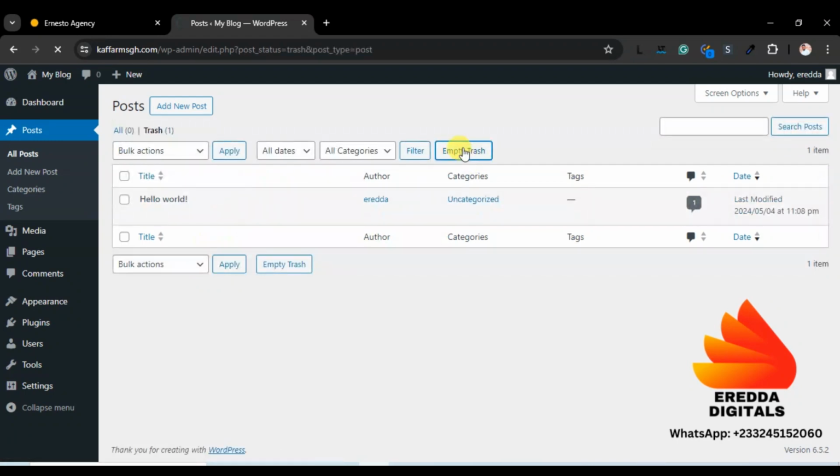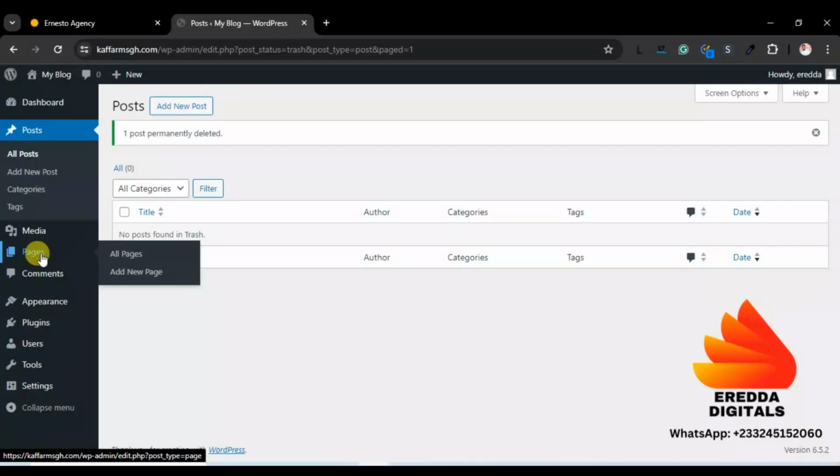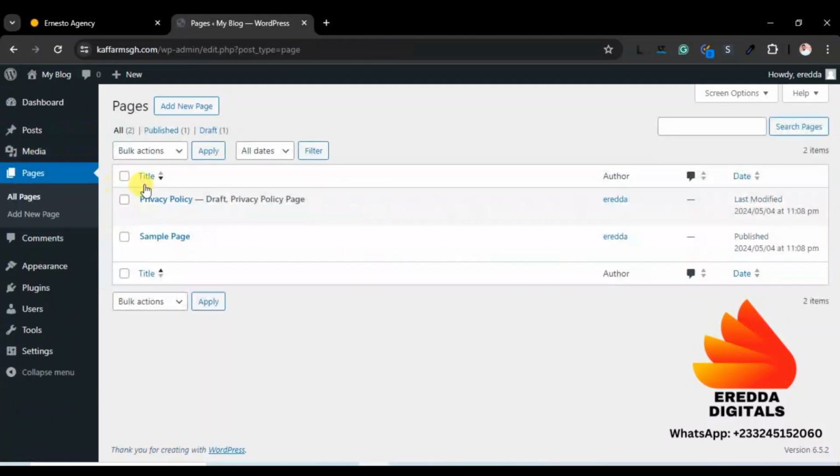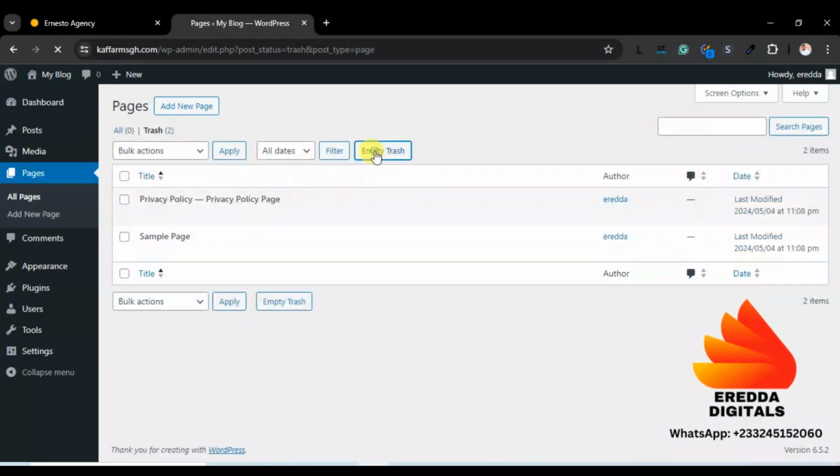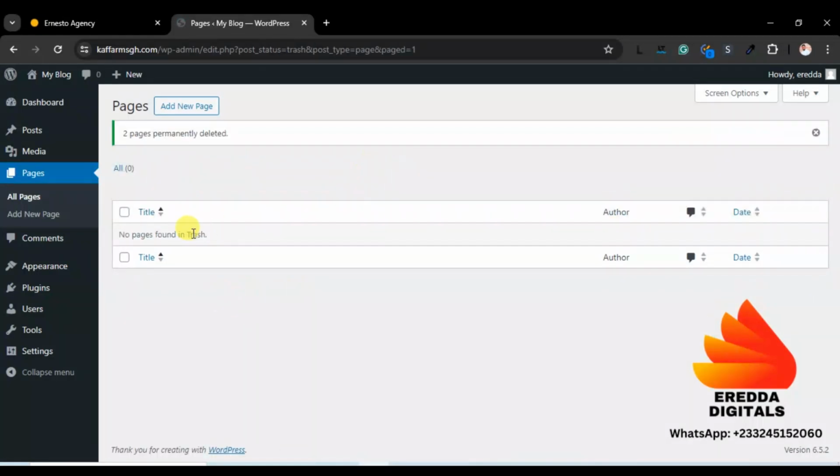Okay, so let's go to pages. We also have a default page here. Select all, click bulk action, move to trash, apply. Okay, trash, then empty the trash. Okay, good. Now let's go to